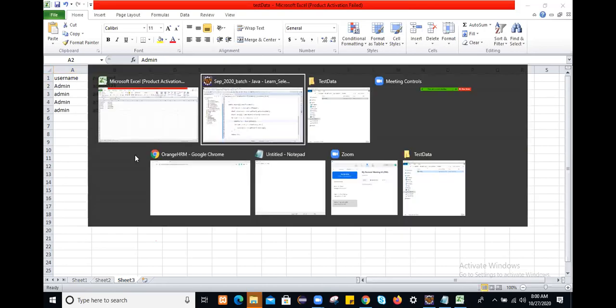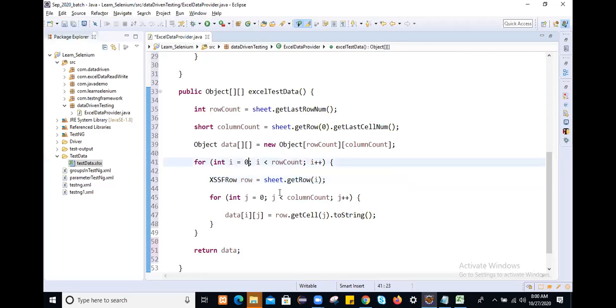To start our index at the second location, simply start your loop from index 1. For the row, we are going to start at i equals 1. And the number of rows, it will always return you minus 1. Let's suppose within the Excel sheet the total number of rows is 5, getLastRowNum will return you 4. So we are going to run our loop with i less than or equals to the row count, i plus plus. So i equals 1, it will focus on that 1.